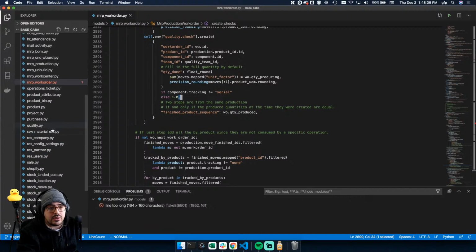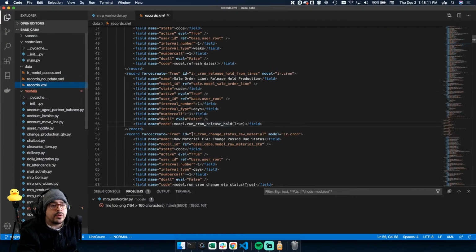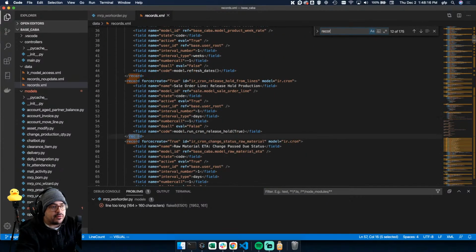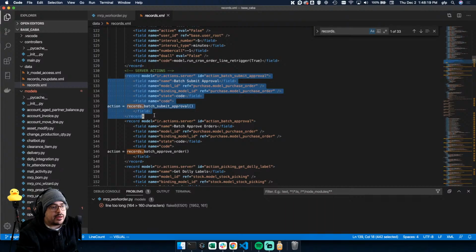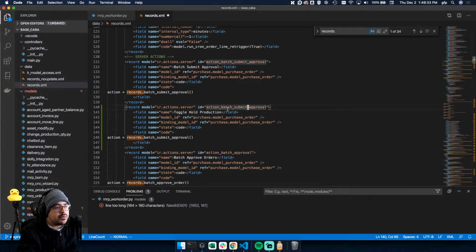Let's go into, I believe it's records, the first one. And here you will find, let's actually find for records dot. Notice how here we have contextual actions or server actions, otherwise known. Then here we can do toggle hold production, something like that. And then here, for example, action toggle hold production. And the model here is most likely